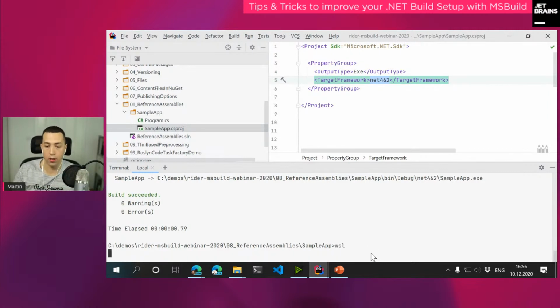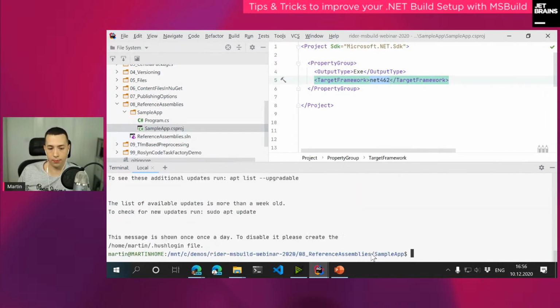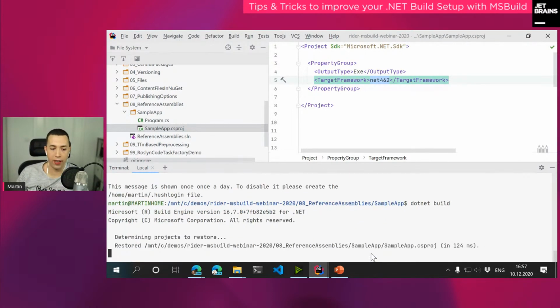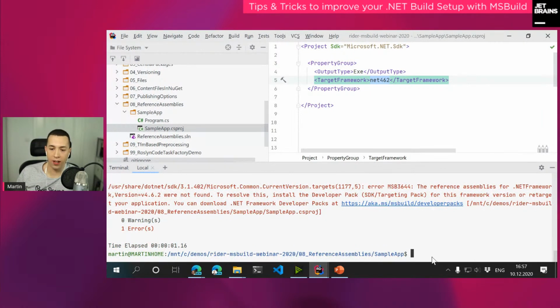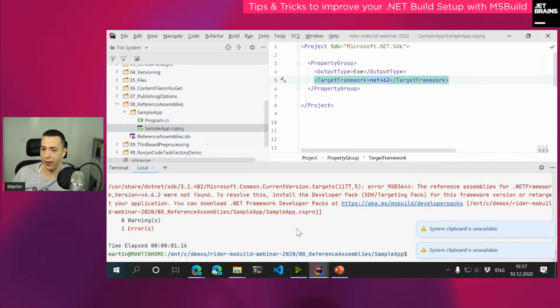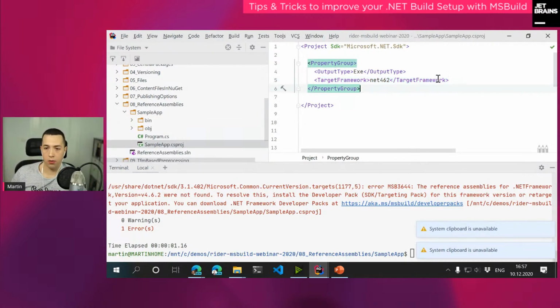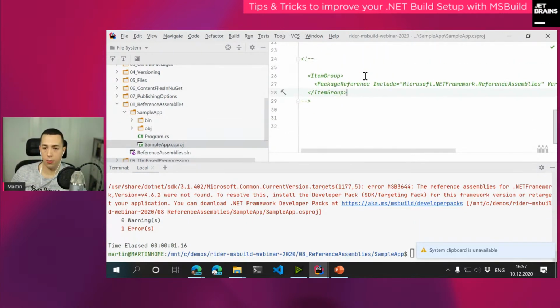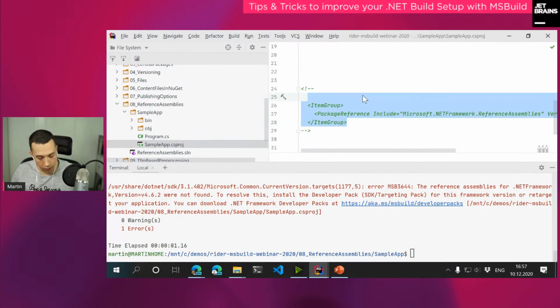Or if you actually use the Windows Subsystem for Linux, right? And I want to try to build this here. Yeah, it will actually fail quite hard because there are no reference assemblies for .NET Framework found, and I can't really install the targeting pack in there because it's an MSI for Windows. And yes, there are some workarounds to use Mono for that, but a way easier workaround is to use a